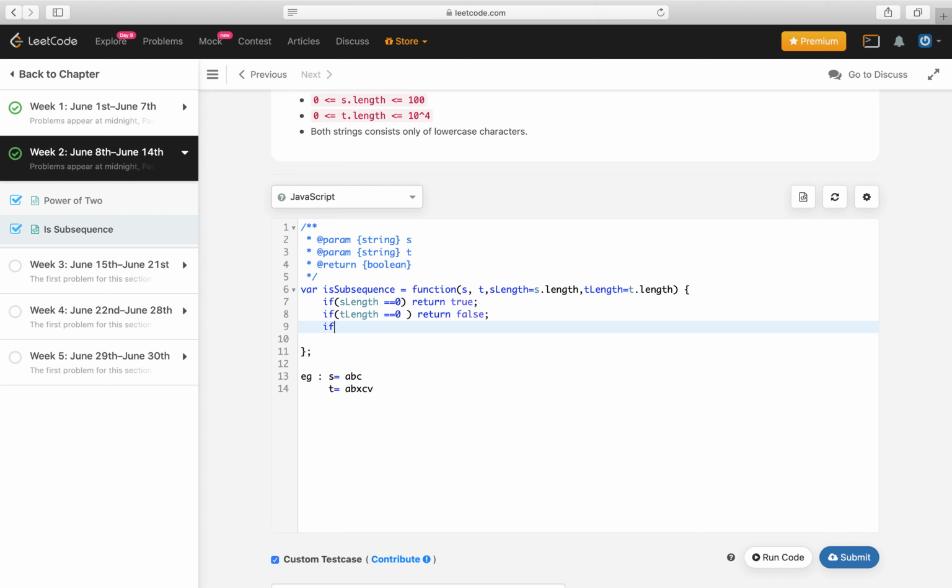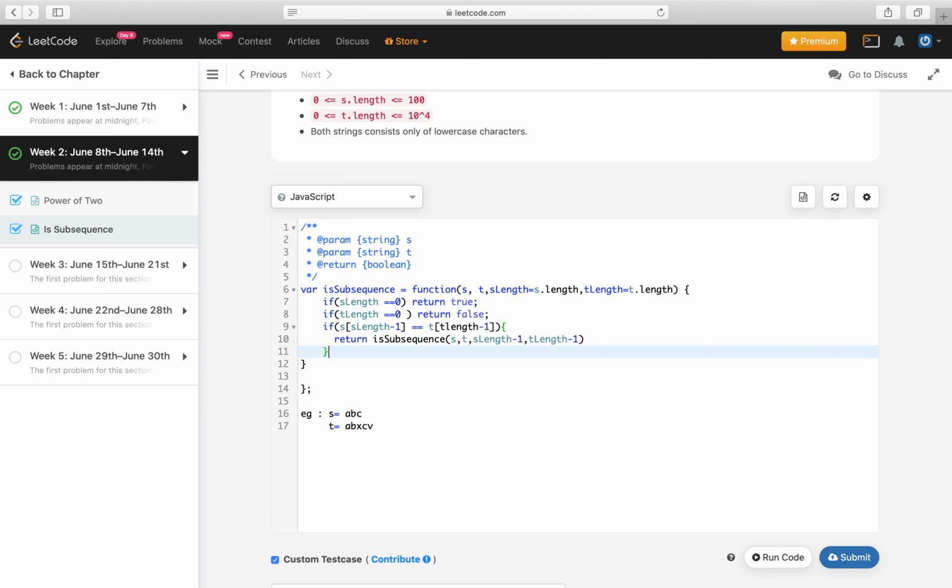Then if s at index s length minus 1 is equal to t at index t length minus 1, in this case, if the characters are equal, then we return the subsequence check with s length minus 1 and t length minus 1.